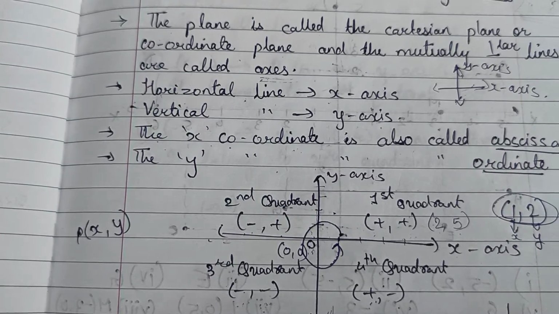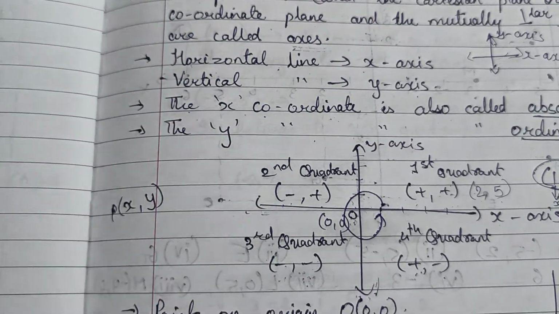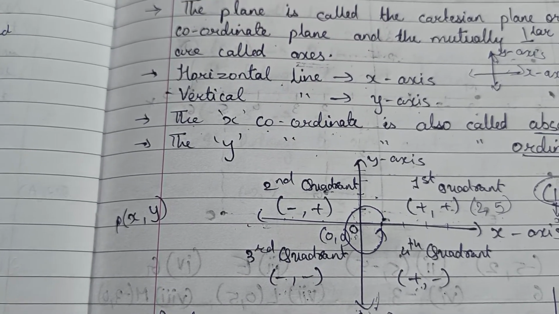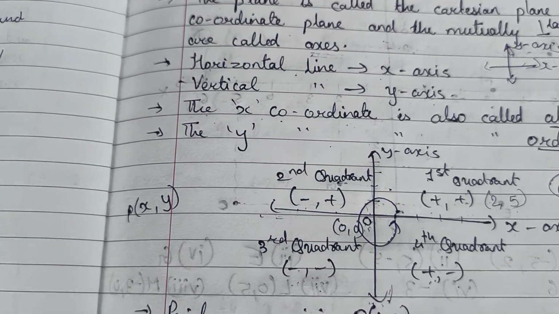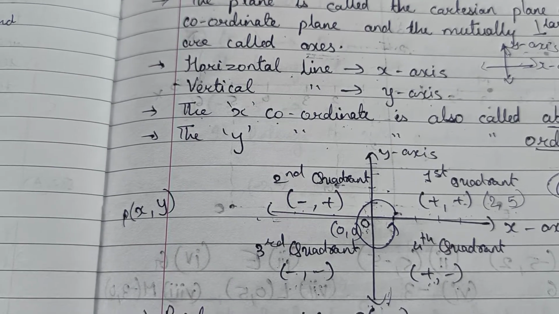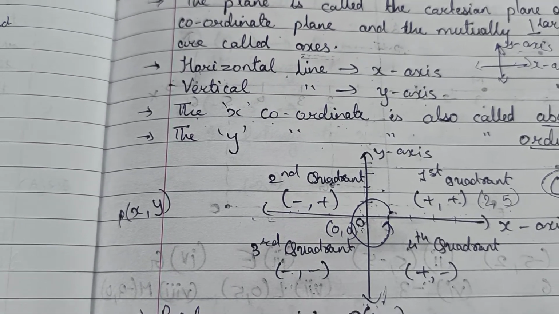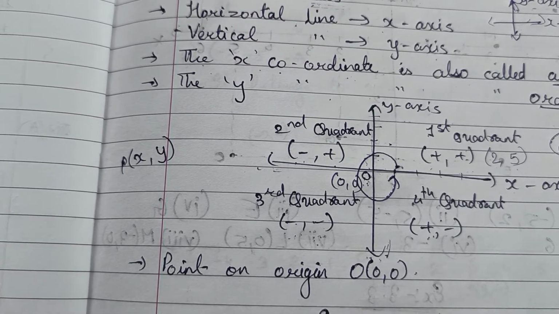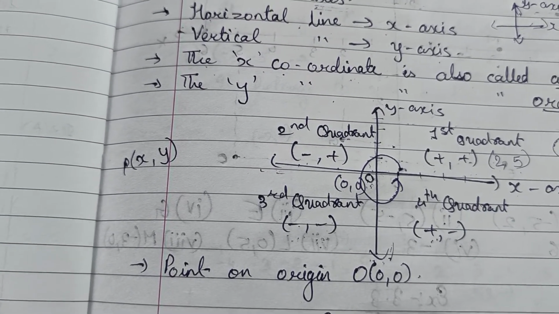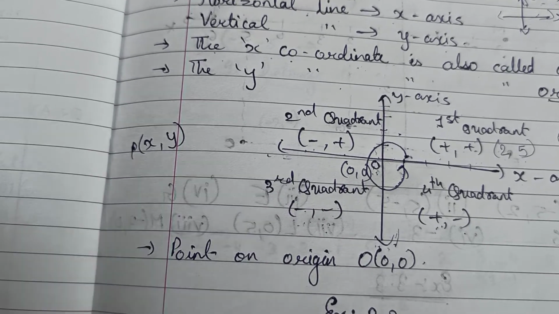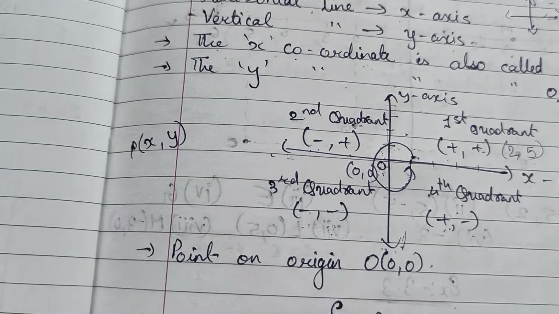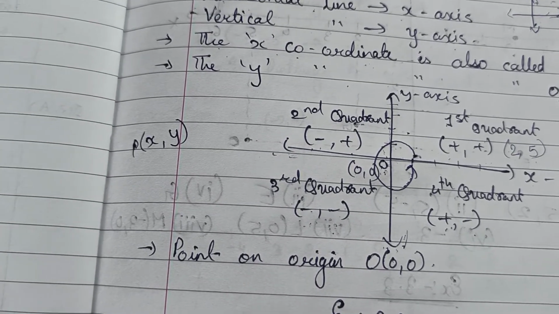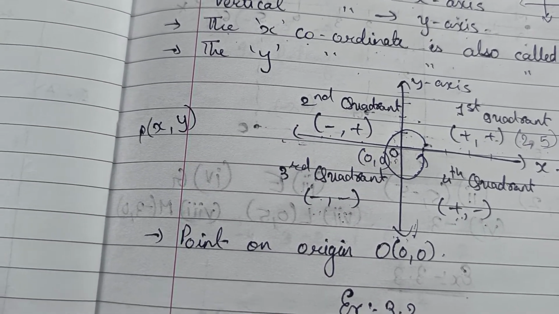Now see, in your textbook exercise 3.1 is a theoretical exercise. I had sent you the solution of that exercise, so do it from there. Because it is theoretical, it will not come in your examinations. No one will ask, so do it by yourself. It is a type of activity. Now I am starting exercise 3.2. Exercise 3.2 is important. That is on page number 60 of your textbook.